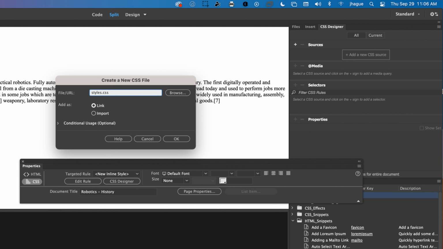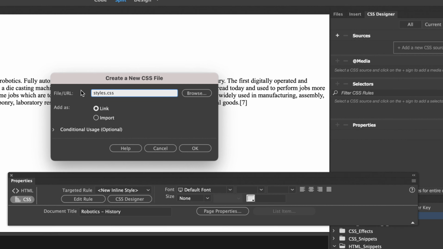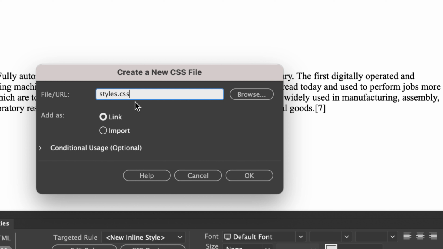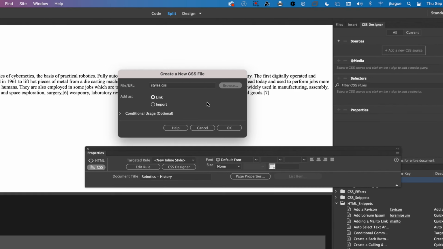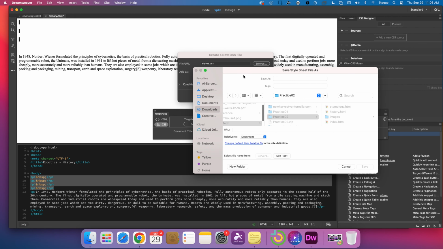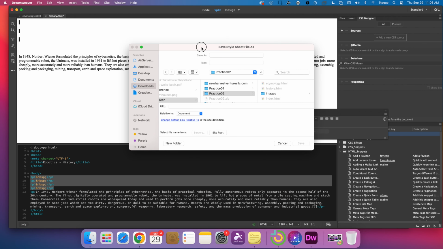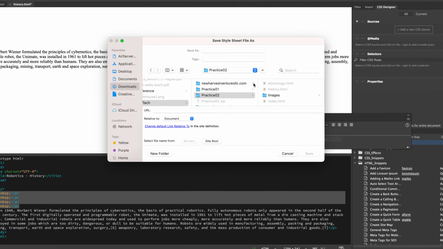Okay? And then it'll open up a dialog box. You type in CSS style, make sure linked is selected, and then press OK. Or actually, I'm sorry, before you do that, click on Browse and put it inside your robotics folder,